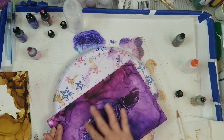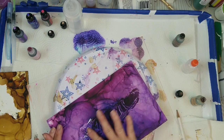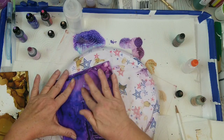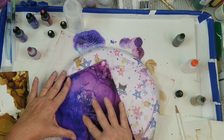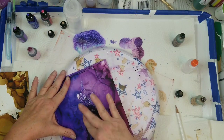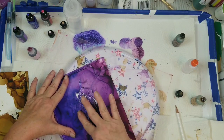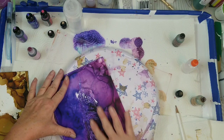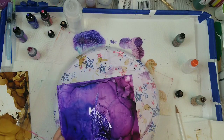Yeah, see, I'm getting some white areas, and I wasn't supposed to. Okay, I know exactly what I did wrong. Didn't let it dry, but I didn't want to make this a long video, and that's exactly what I've done. So this one is basically not going to turn out because,